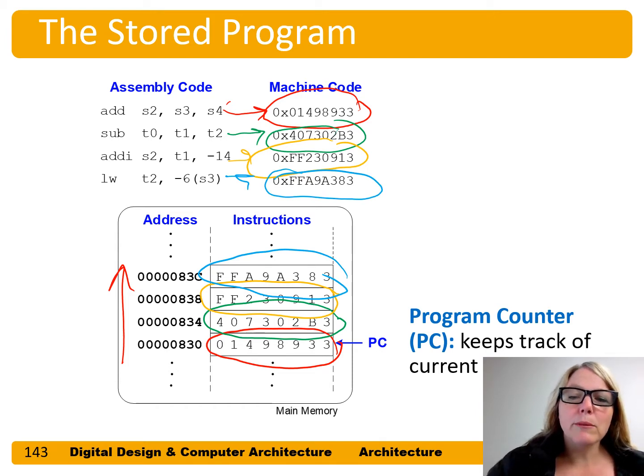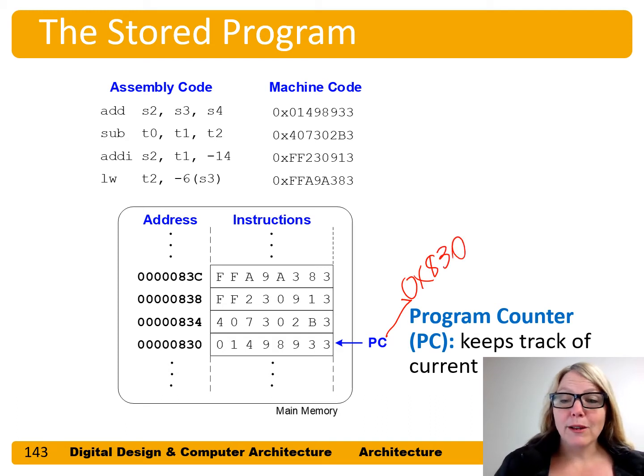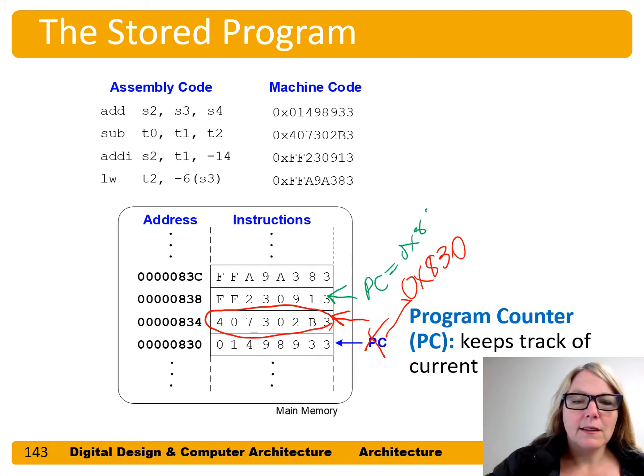And so the PC, or program counter, keeps track of the current instruction executing. So when this program starts, the PC is equal to hex 830. Then it's incremented by 4, and the PC becomes hex 834 and fetches or reads that instruction from memory, and then PC increments by 4, and now the PC becomes hex 838,